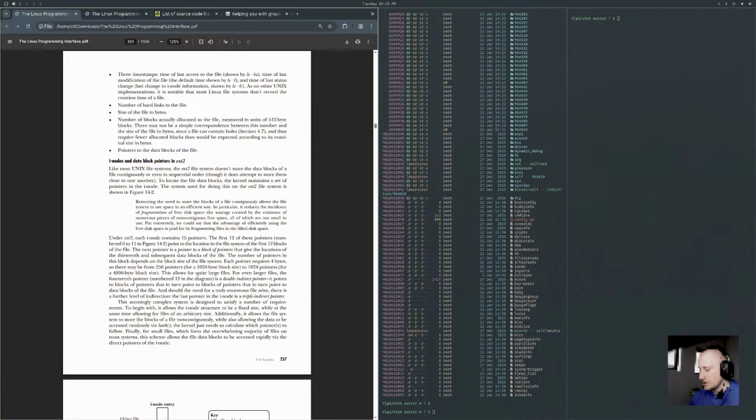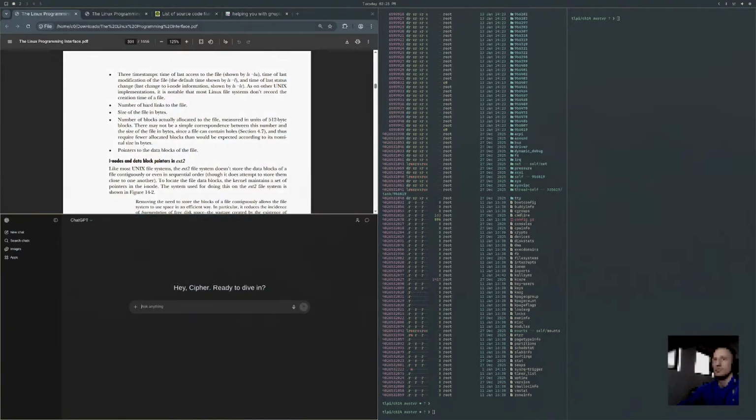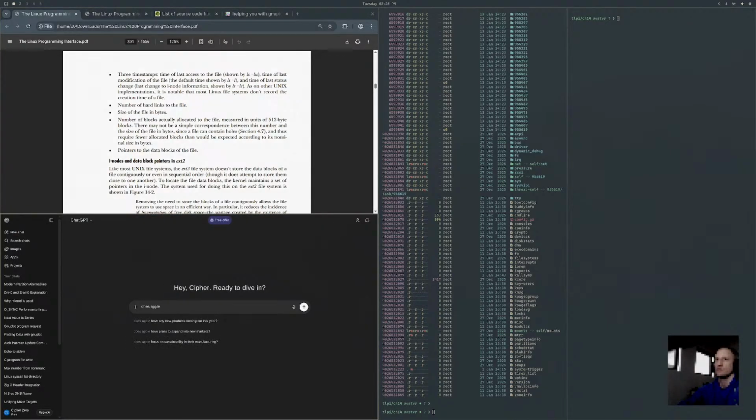Really? I thought that was something that Mac file systems, Apple file systems, do. Let's ask AI. Does Apple file system record a file creation time in the inode?